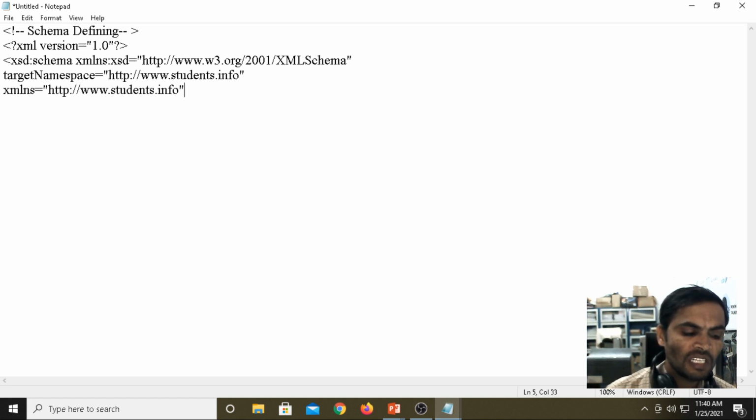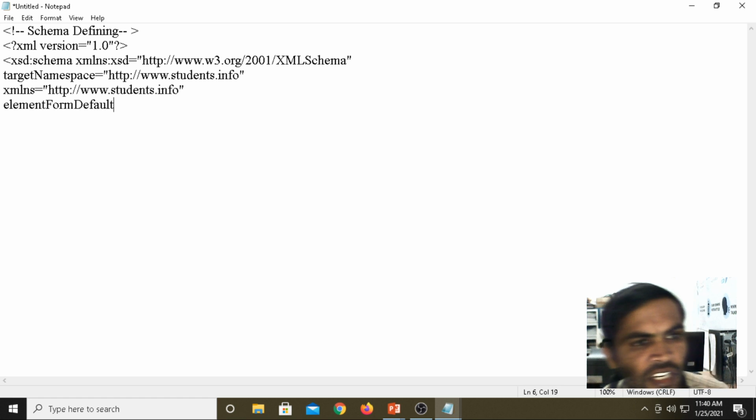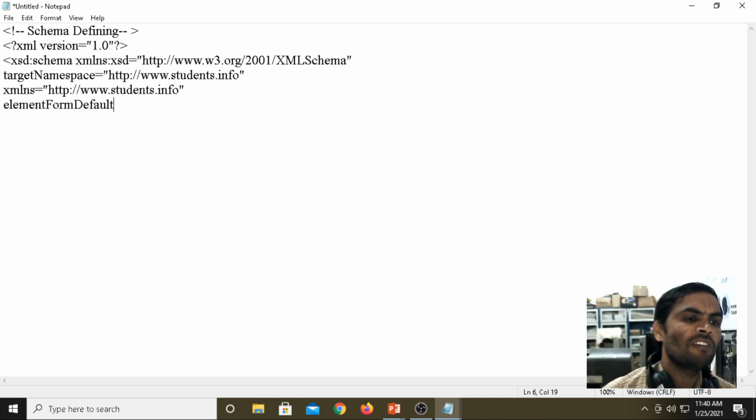Next, we have the namespace. Then we have one more attribute, elementFormDefault. Element form default means the elements we are defining should be available under your target namespace. We are writing it as qualified.